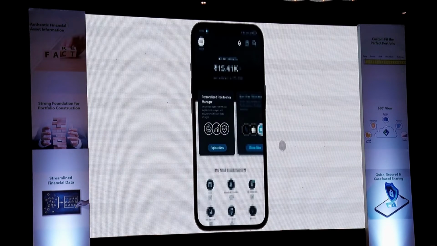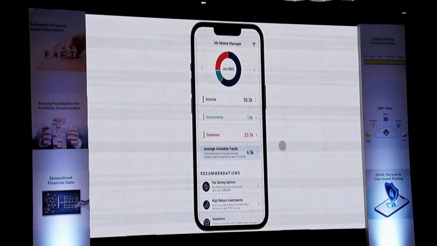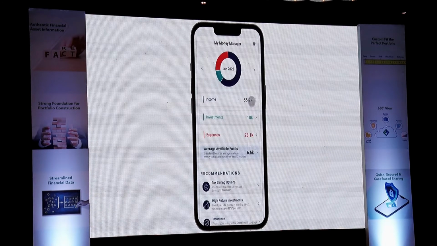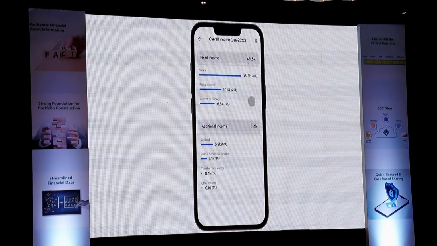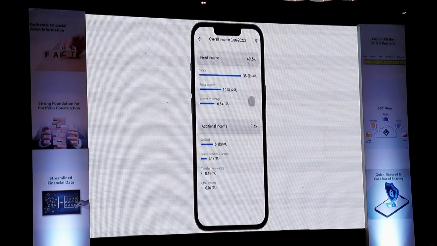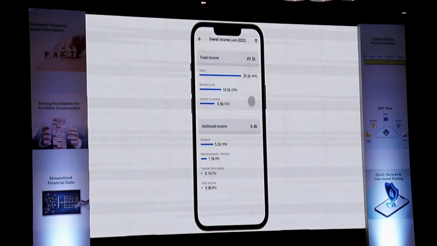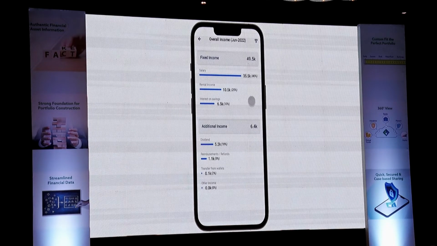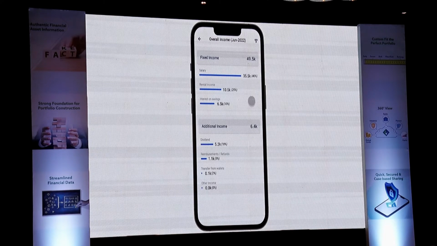The investor goes back to the calling application, and now we can present a view of the total asset and liability situation of that investor, which is our money manager application. So you can now see that if you click on income, the bank statement analyzer that I talked about in the first slide has categorized it into fixed incomes, which is regular income that comes in his or her account, salary, rental, interest on savings and all, and additional income that has come for that particular month or duration. All of that categorization is possible.